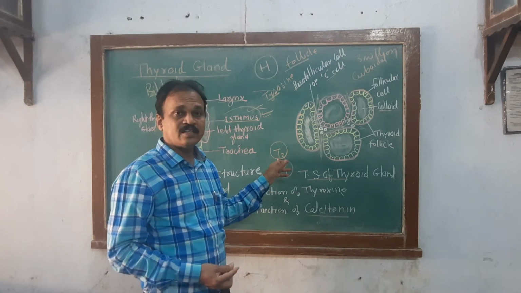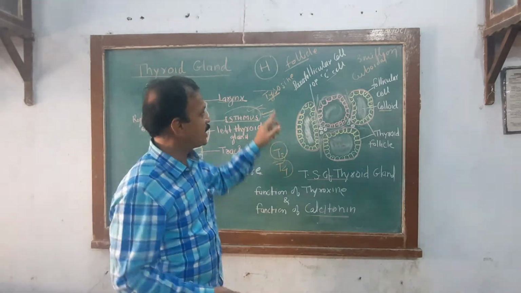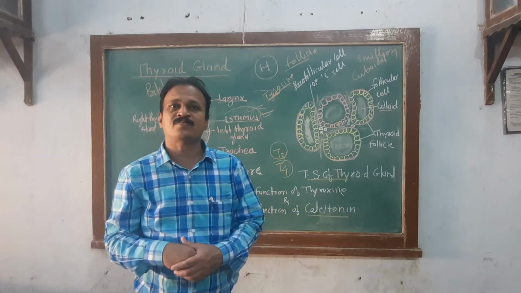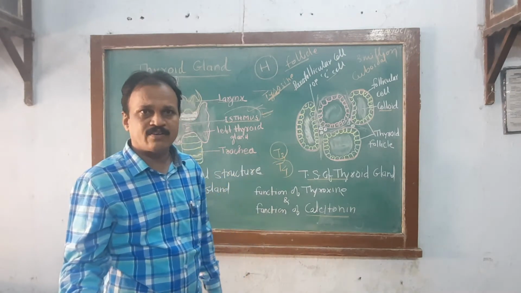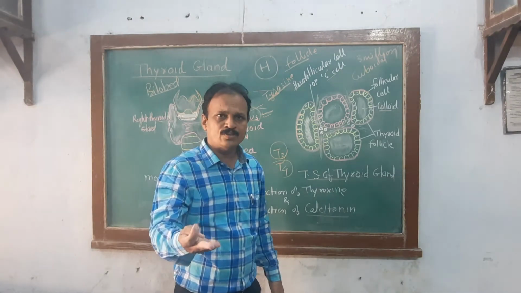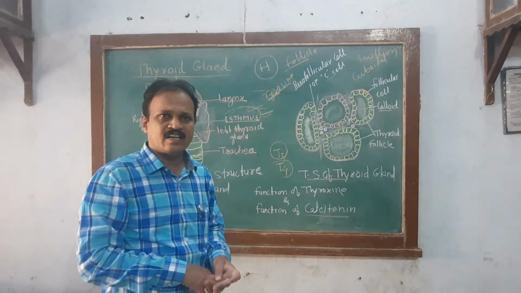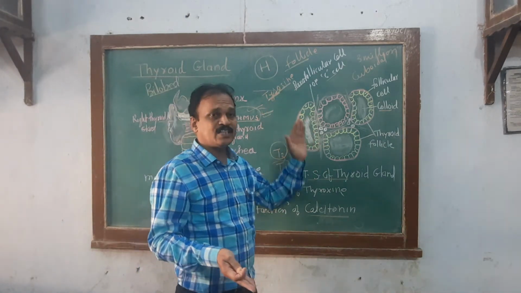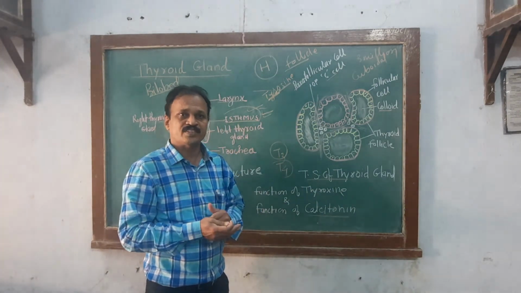This is regarding the thyroxine. You know how thyroxine is prepared with the help of the amino acid tyrosine and iodine. Iodine is very necessary for the synthesis of thyroxine. Tyrosine combines with one iodine molecule to form monoiodothyronine, then with two molecules, diiodothyronine. Then again it undergoes metabolism under the influence of different enzymes, forming T3 and T4. T3 is small in quantity but physiologically more active. That you have to remember.